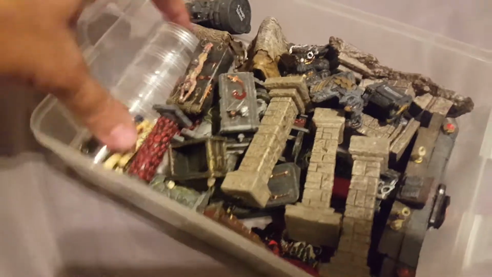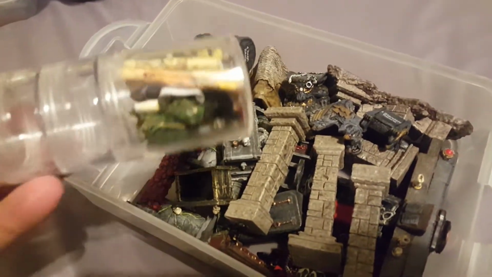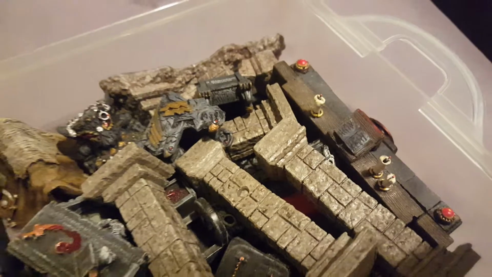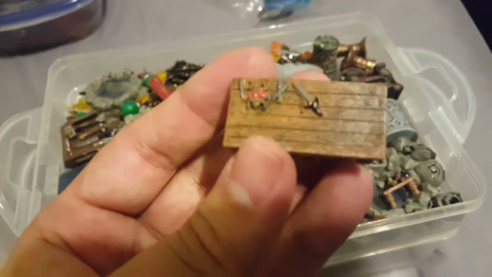Pillars, WizKids pillars, some scrolls that were made by J.A. Hecker on eBay. I don't know if he sells or makes all this extra stuff anymore. It's like an altar from Monstro. I don't know how to say his name. He's on eBay too. Dwarven Forge, Alchemy Lab or something like that. Here's some